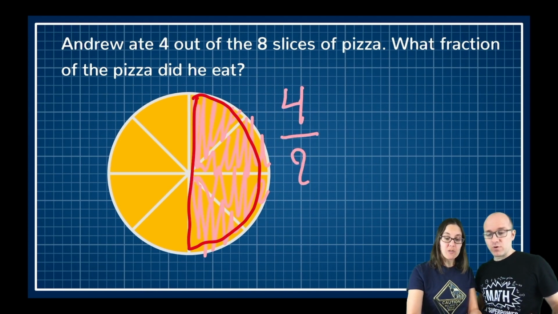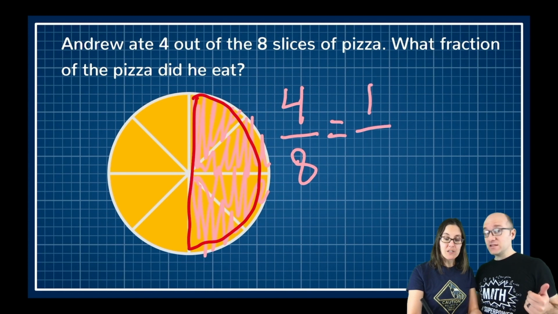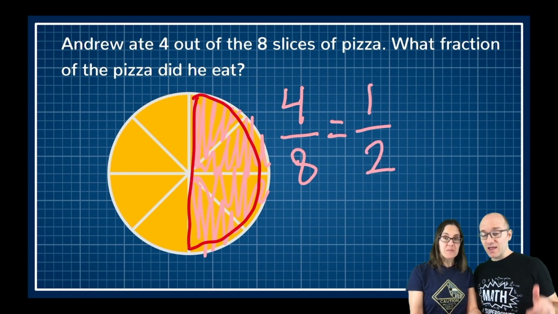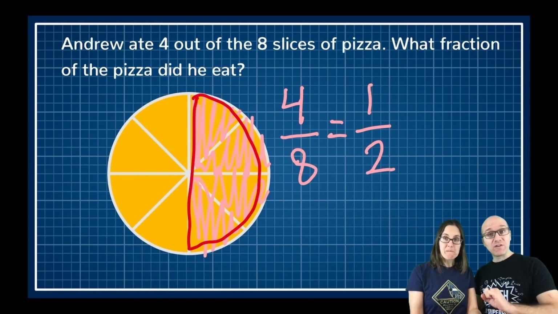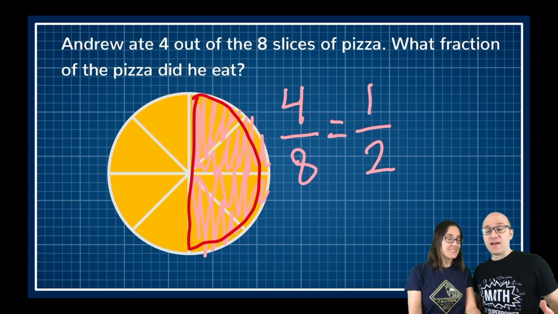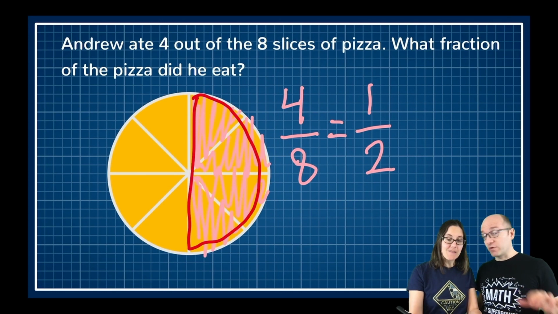So 4 divided by 8, or 4/8, we've seen that's a fraction. And that fraction is the same as the fraction 1/2. The same number written 2 different ways. We call them equivalent fractions. Nice. And do you think you could find another equivalent fraction that's equivalent to those 2?